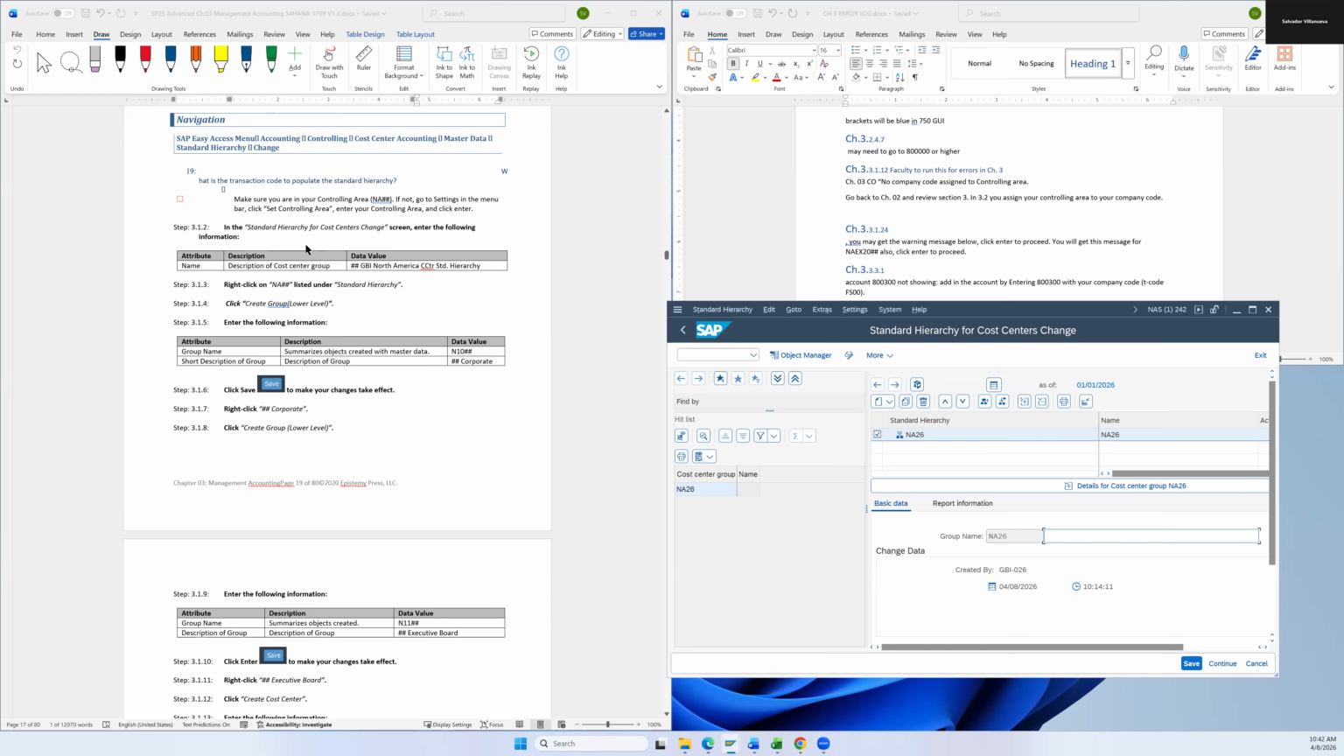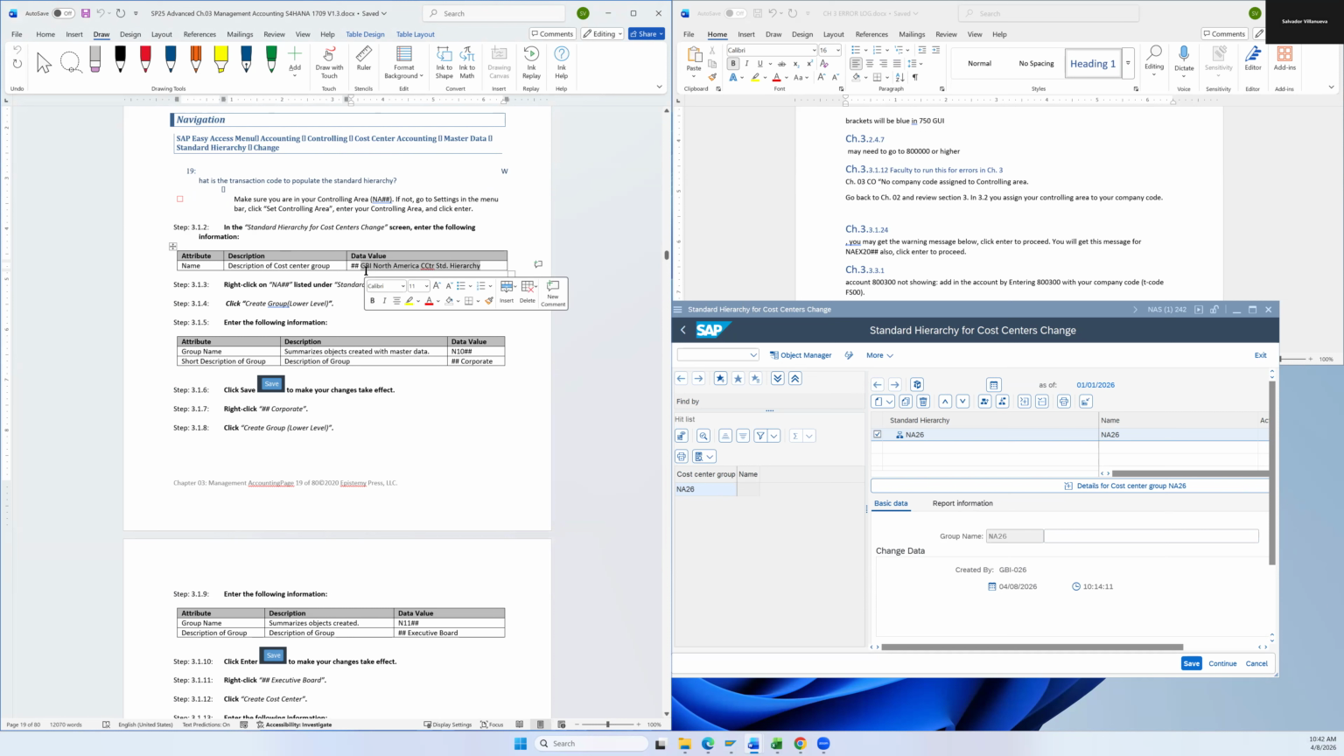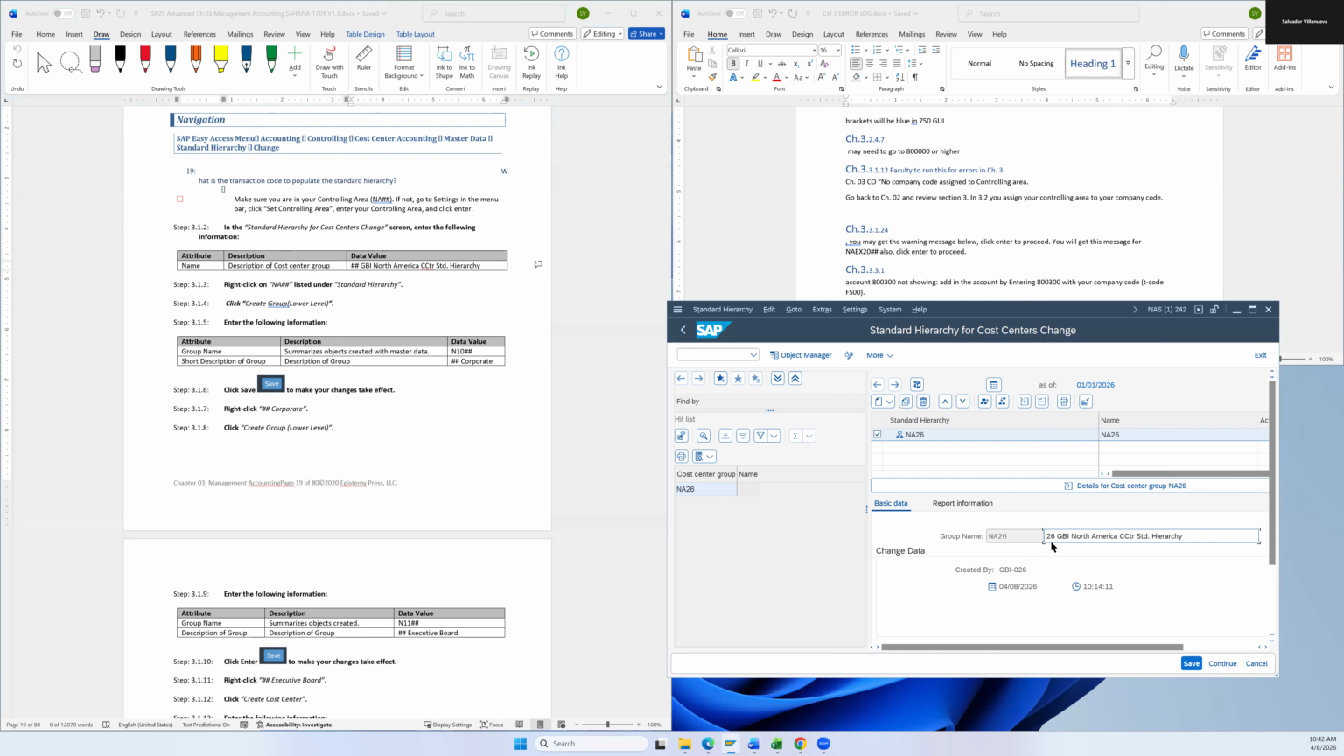Oh, I got you right here. So it's already highlighted. So I'm just going to go ahead and copy and paste so I don't make a mistake. So I'm just going to put 26 space. Okay, so this is a description box here. So 26 GBI North America CC TR standard hierarchy. Once we've done that, we're going to right click